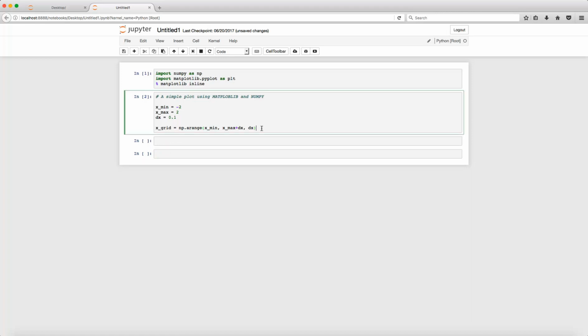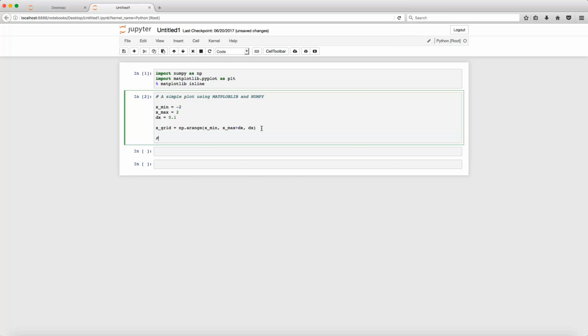So now that we have our xgrid, it's really quite simple to come up with our dependent variable. So let's define our dependent variable as y is equal to x squared. Now again, for those people that are coming from MATLAB,